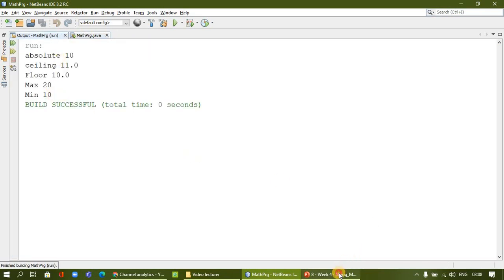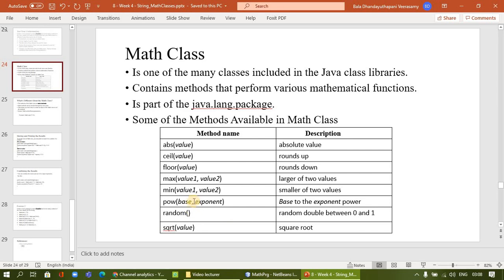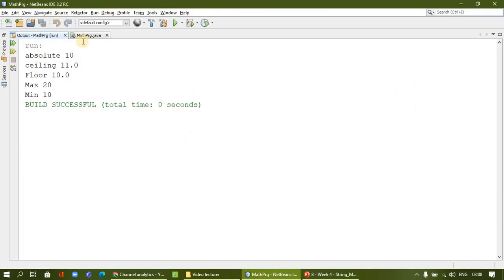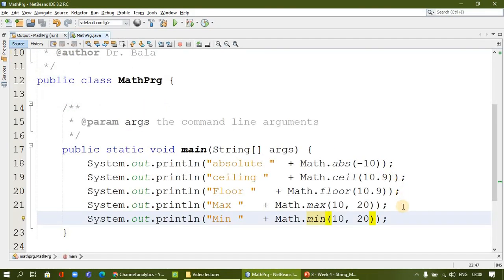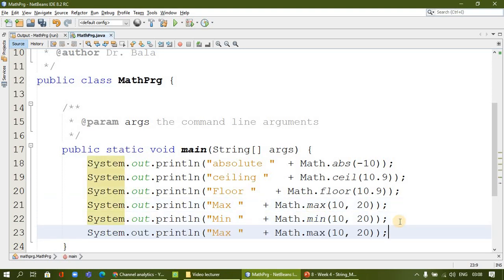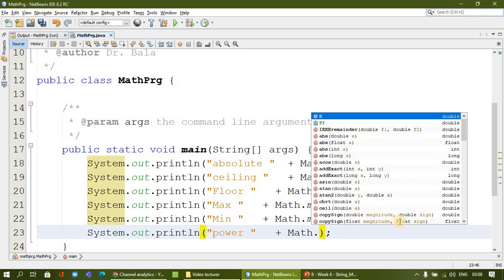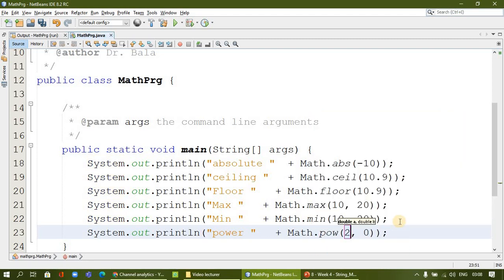And then what other methods are there? We can go for power. In the power method we are going to give the exponent value. So I will change it to power, the power of the value. We will say 2 power 2. 2 power 2 is 4.